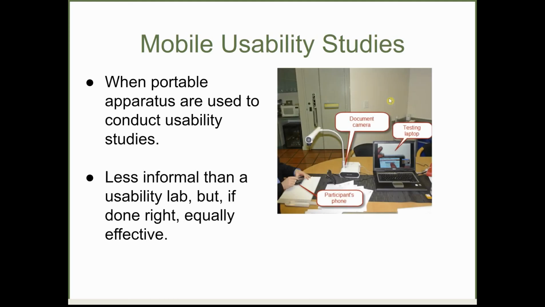You could have microphones and cameras to record the user and the facilitator. If you don't have a usability lab, then you can conduct a usability test in your office or in a very soundproof and distraction-free room. Sometimes people use certain equipment to conduct such